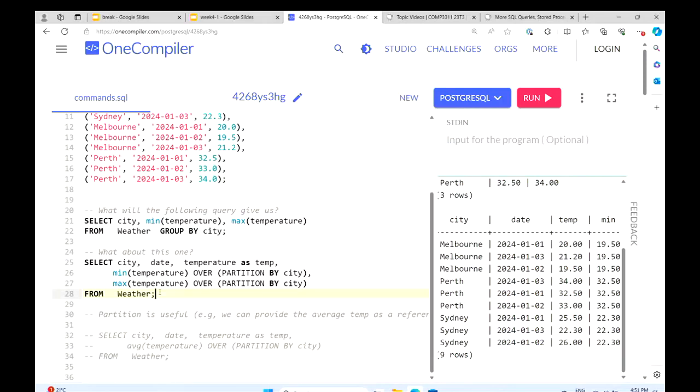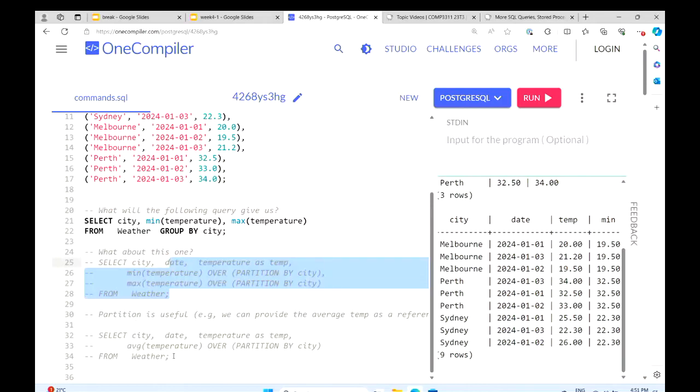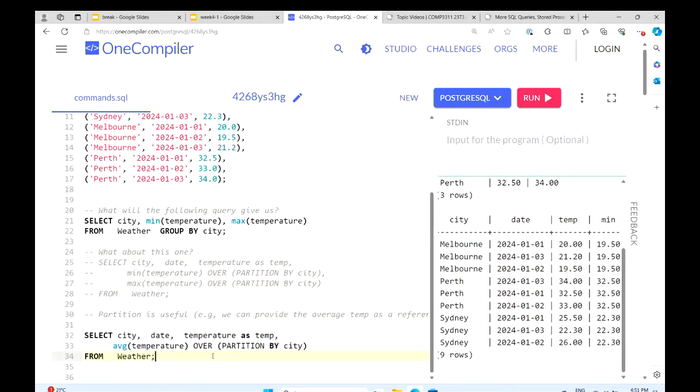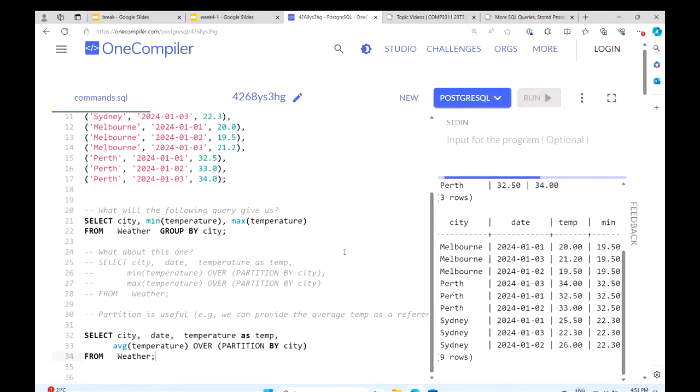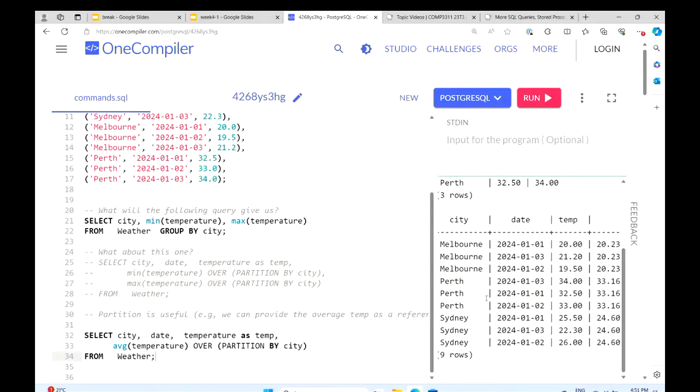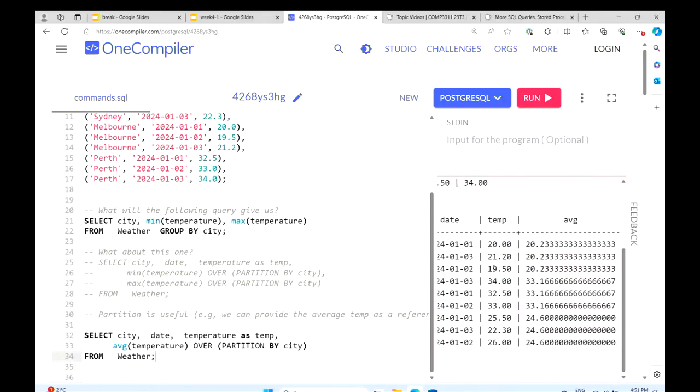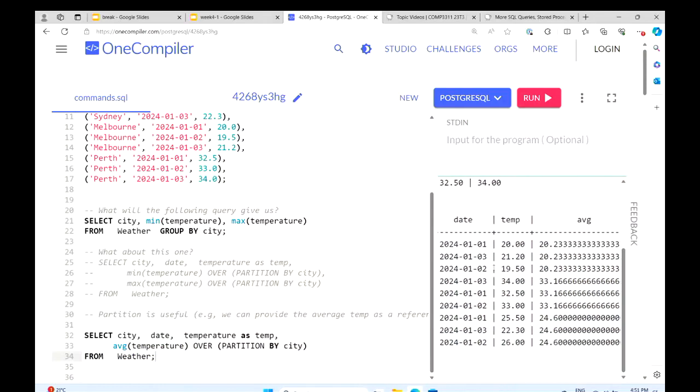Let's have a look at another example here. It is an augmentation of the original tuples. This time, instead of calculating the min and max, we can calculate the average temperature.